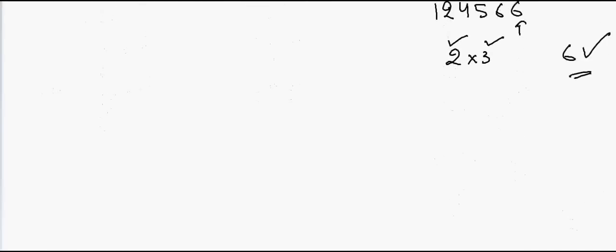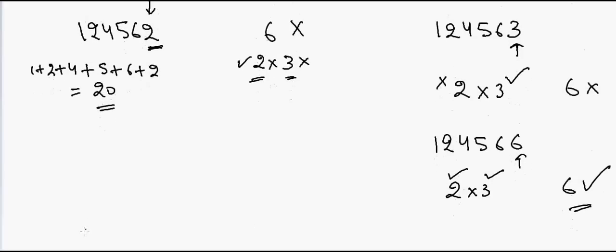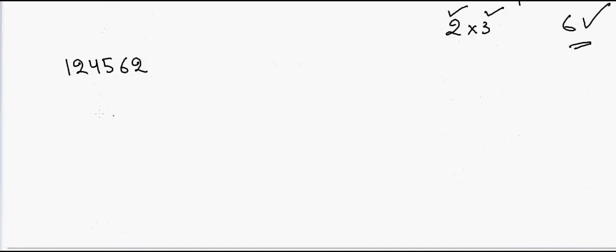Now let's go for 8. So now we have 1 2 4 5 6 2, and we want to find out whether this number is divisible by 8. So in that case, we'll take the last 3 digits and see if 562 is divisible by 8. So if we divide it by 8, then this will give me